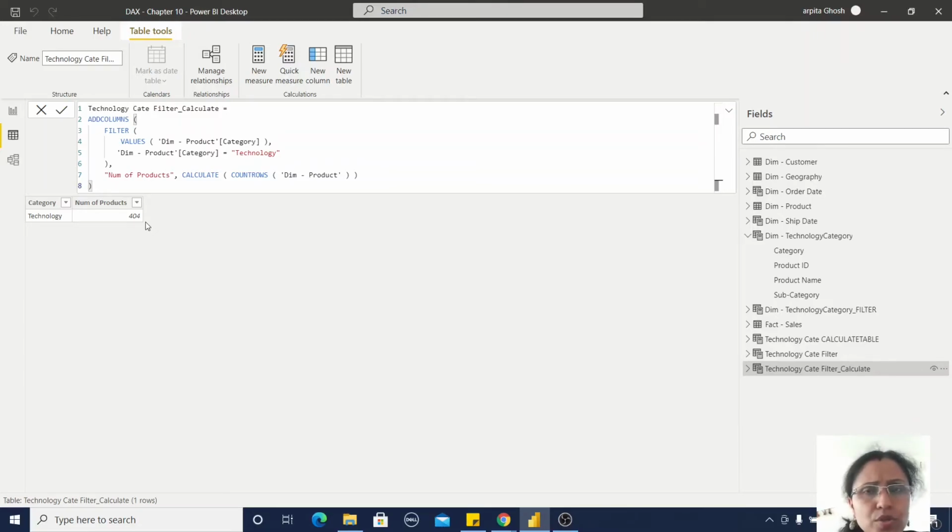That does not mean we are not going to use the FILTER function. It's not like that. CALCULATETABLE can be applied only on columns which are present in the data model. That means I can calculate on category or product or subcategory, but it cannot be applied on a measure value. If in the fact sales table I have some calculated measure value, I cannot apply CALCULATETABLE on that column.